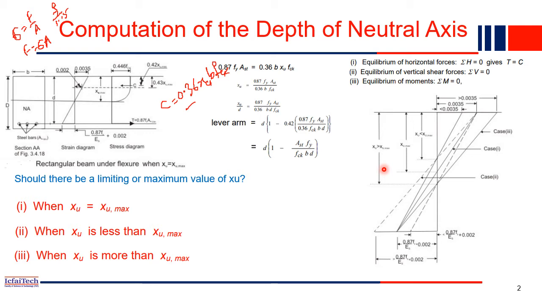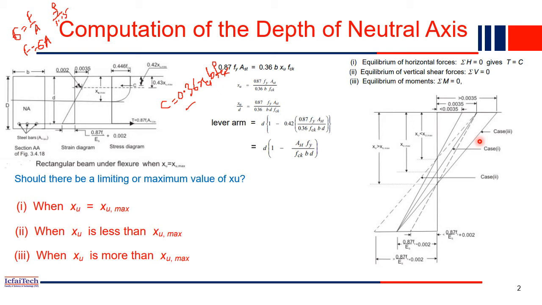The beams are made up of steel and concrete. So please look here. The concept I am telling you now is very important. The beams are made up of steel as well as concrete, so two materials. Concrete also may fail, steel also may fail. Anything may fail. So what will happen if